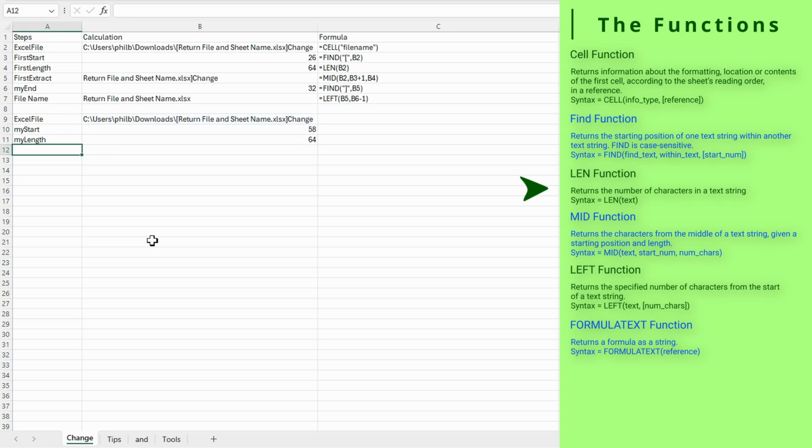Close that bracket. And those are the only pieces of information that I need. In fact, I'm going to rename these here because I've only got my start, I've got my length there. I've then got first section, my name, and then the file name. Right, so that works. I've then got my length is there. So then to get the sheet name,